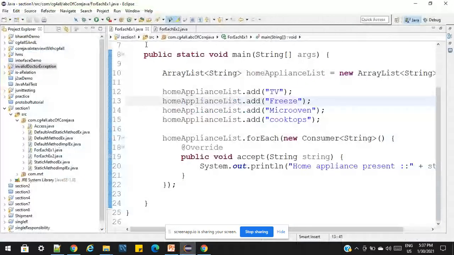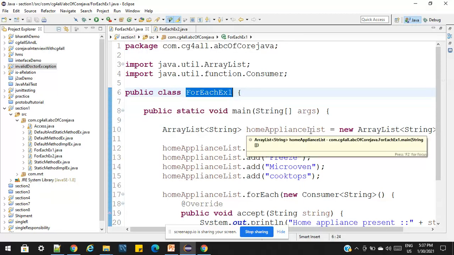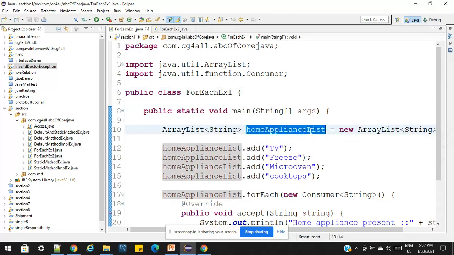Let us consider that we have a home appliance. I am creating a list for the home appliance. First, we have to create a class. So we have created a class, and here in the class, I am creating a list. The list contains string elements, like TV, fridge, microwave oven, and all the home appliances you have. Once the list gets the elements, we have to iterate over them. The requirement is to iterate using the forEach method. We have other options also, but today we will see the forEach method.